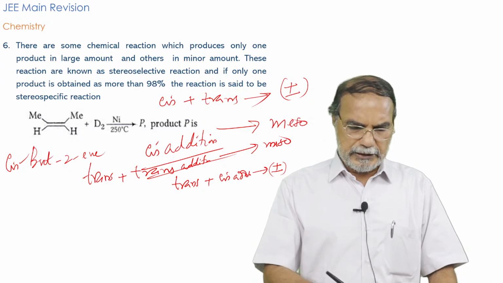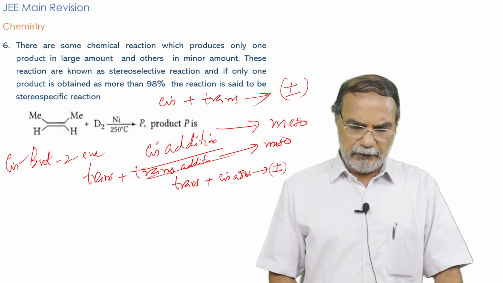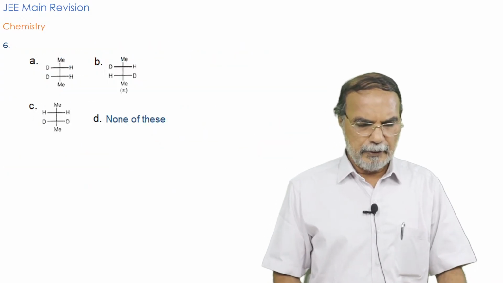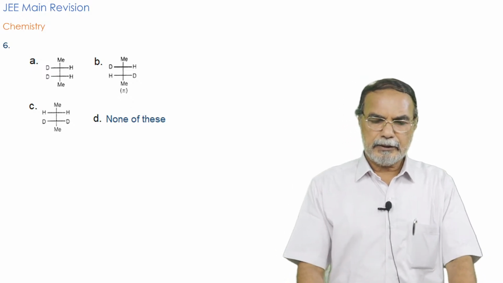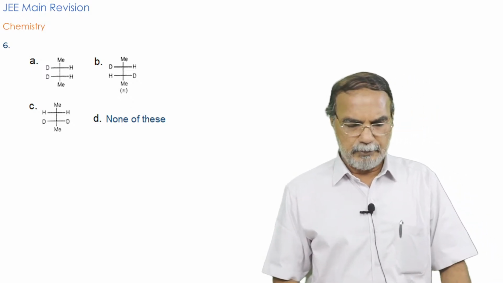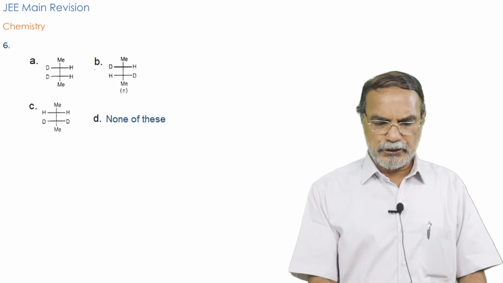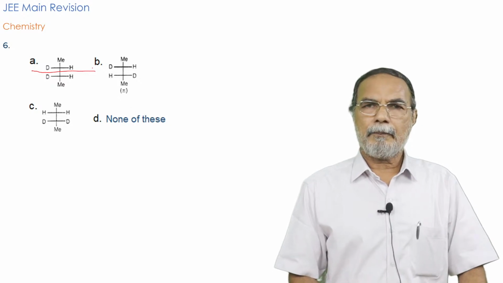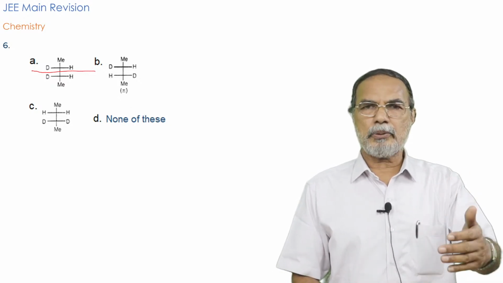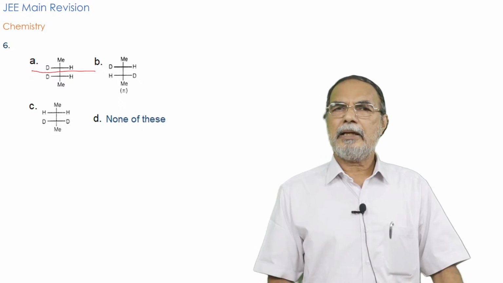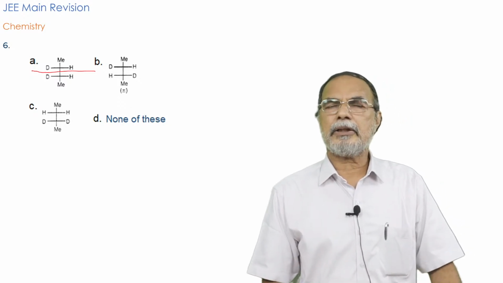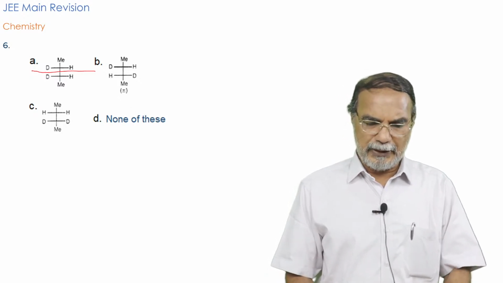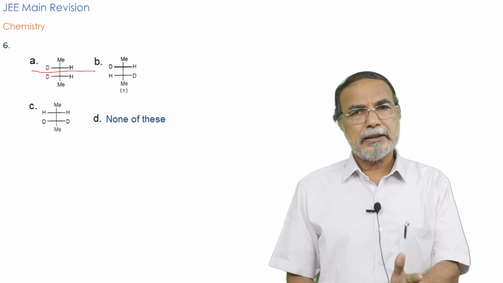Of course, the structures are given in the next slide. You can look at the next slide, and it shows this compound A. A is the meso structure, isn't it? What do you mean by the meso structure? The meso structure has a plane of symmetry. The stereoisomer designated meso has a plane of symmetry and therefore is not optically active. So this is the meso structure and this is the compound obtained, and it's very clear even with this